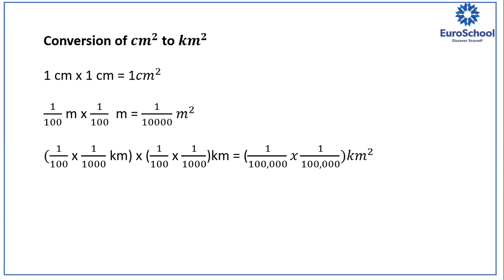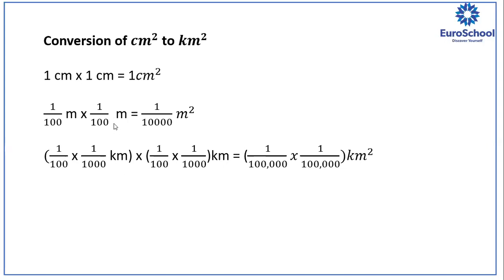This is when we have converted centimeter square to meter square. Now, when you have to convert to kilometer, we still have to divide it by 1000. Why? Because 1 kilometer is equal to 1000 meters, or 1 meter is equal to 1 upon 1000 kilometers. So I have replaced this meter with 1 upon 1000 kilometer. Understood? Any doubt here? Because this is an important thing and we'll be doing it in the next question. So 1 upon 100 meter can be written as 1 upon 100 into 1 upon 1000 kilometer.